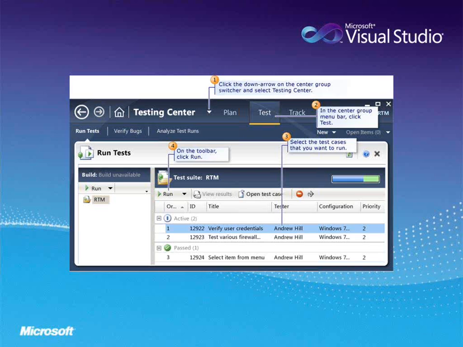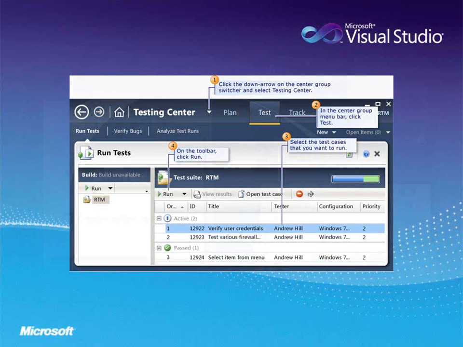Then the second step is you have to click on another tab called the test tab. Then the third step is to select the test cases that you want to run. Now if you see this, the active state is there, and the other states are pass, blocked and error. These are the different states. Here this is an active test case that I want to run. So click on the fourth option on the toolbar, the run button. Once I click on the fourth option, the test runner window opens.